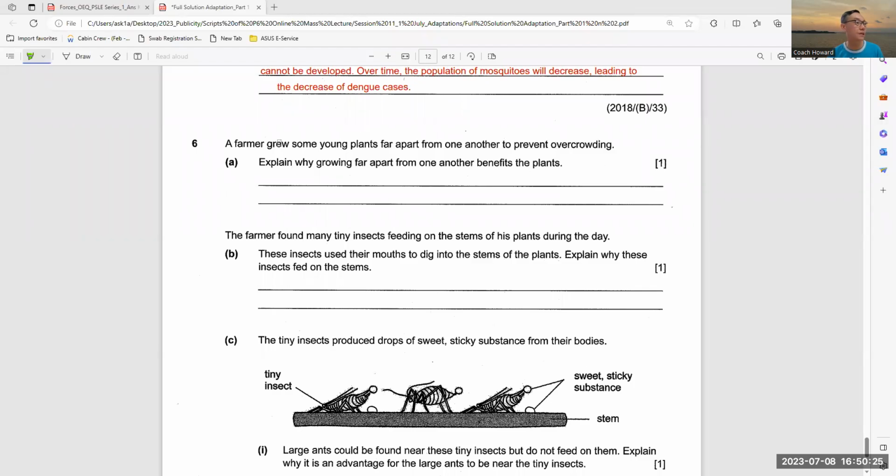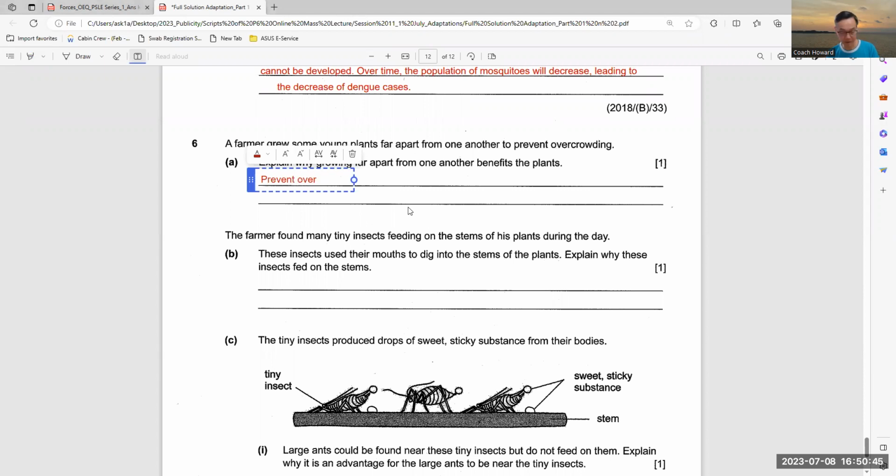Okay, now they say a farmer grew some young plants far apart from one another to prevent overcrowding. Explain why growing far apart benefits. So this one talks about overcrowding, right? So the keyword is actually to prevent